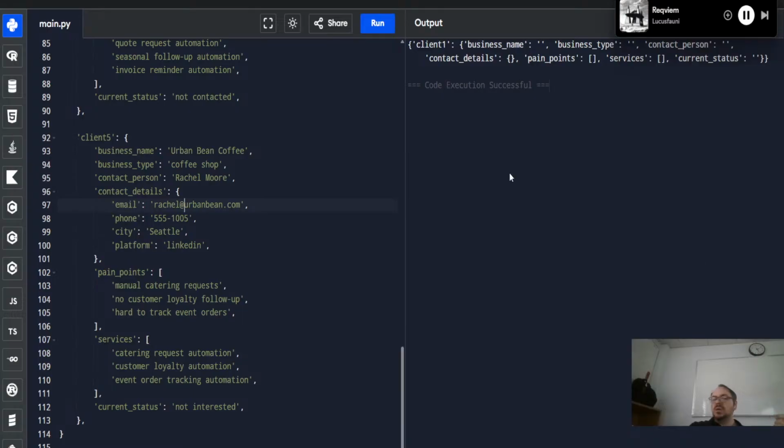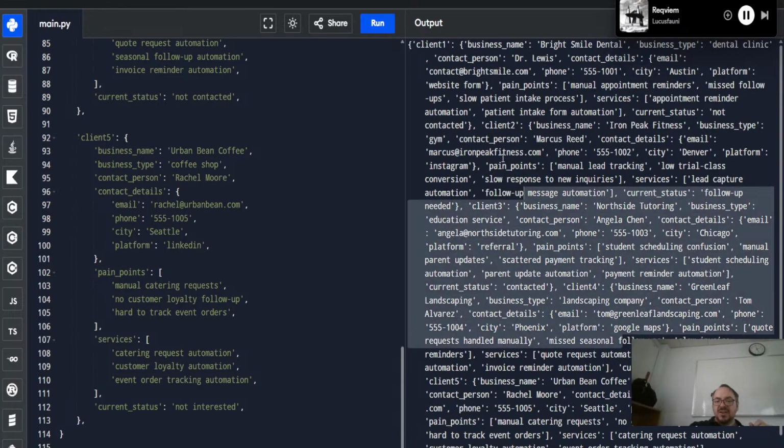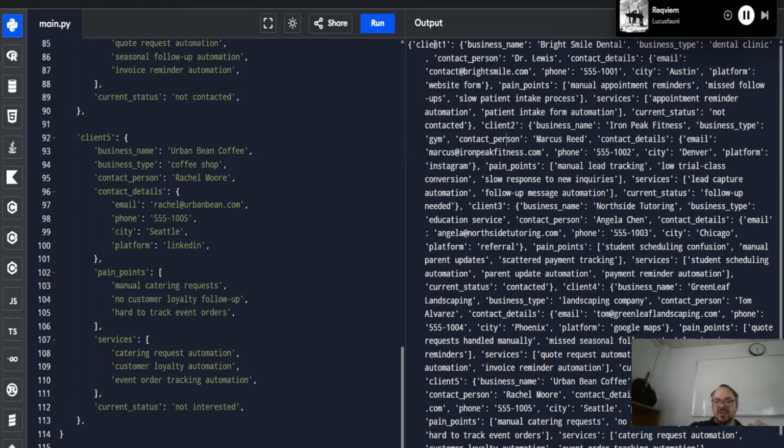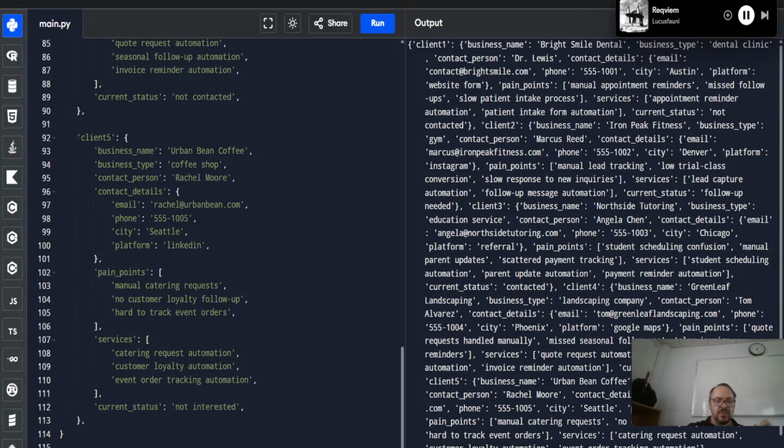All right. So yeah, that's everything. If I print this now, we're going to get all of this stuff over here. All right. So here's client 1. This is just messed up. And if I wanted to see clearly